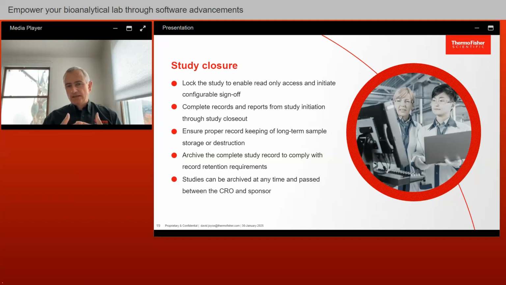And ultimately, once the study is completely finished, you have the ability to archive that complete study in a method that will allow you to retrieve it fairly easily and bring it back